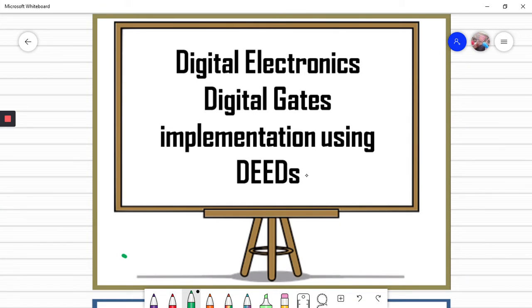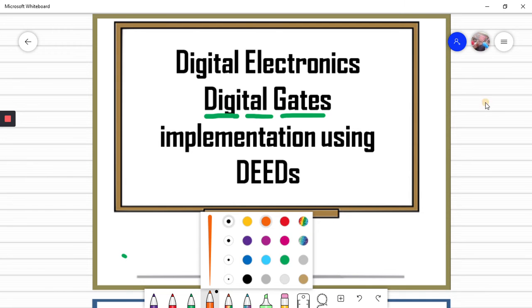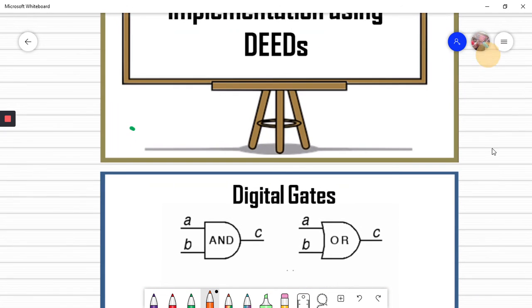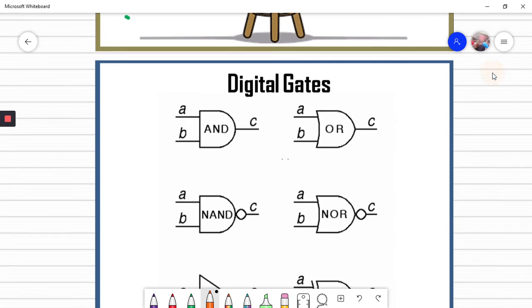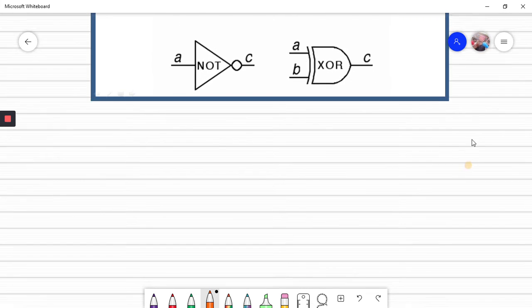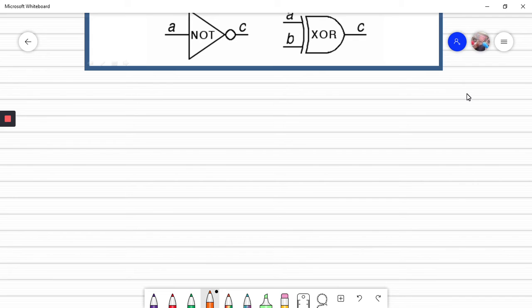Good evening everyone. Today I'm going to give you the basics of digital electronics, that is, simply digital gates, and their implementation is shown by the software DATES. So we'll be discussing three gates: the inverter, that is the NOT gate, the second gate is OR, and the third gate is AND. We'll quickly discuss the functionality of each, and see the other gates that are derived from them. I'll be discussing the functionalities of each and every one along with the truth table.